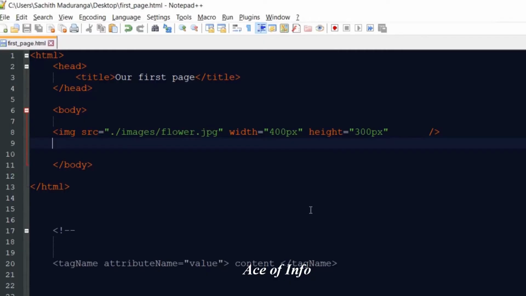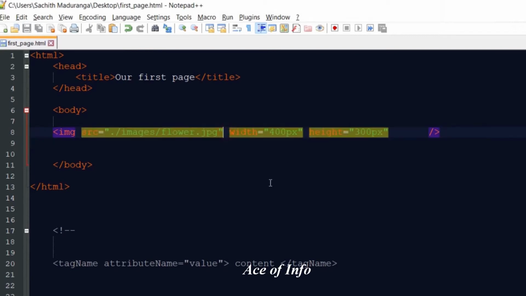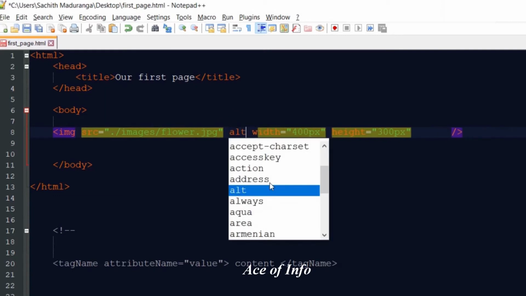There is another very important attribute to use when you use an image, and that is alt. Usually we put it after the src. As soon as we are done with the src, we put this alt. What is alt? Alt means alternative. What does that mean? Sometimes you have the image but it is not loaded and you can't see it.